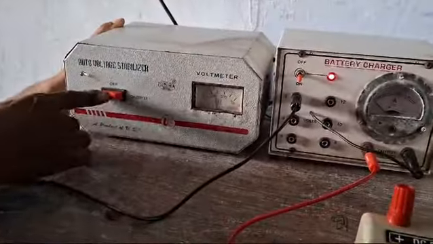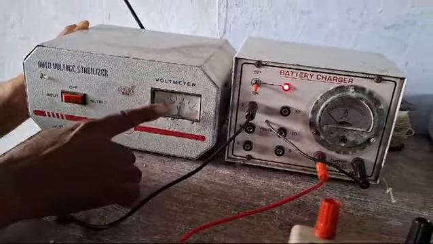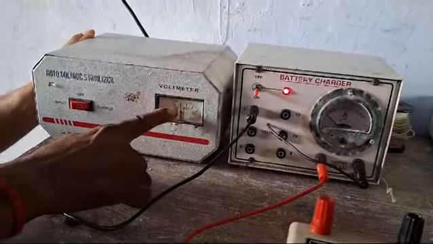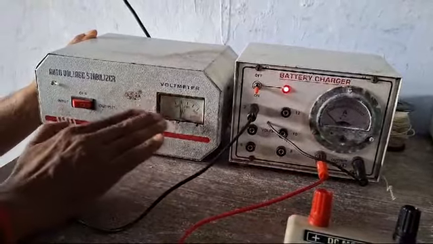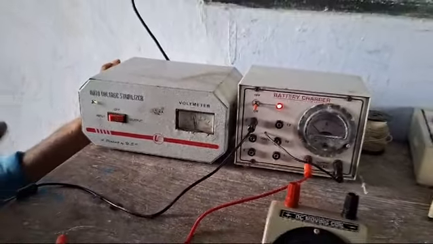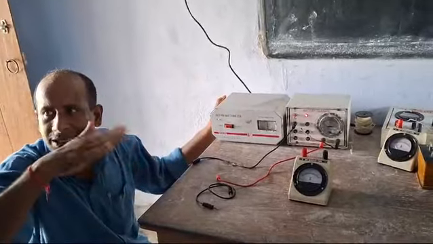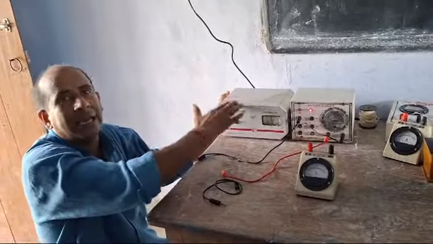Look at the input voltage. Input voltage is approximately 100 volt. Yes, sir. And output voltage is approximately 200 or 150 volt, fluctuating, since our main supply is not proper. That is why it is always fluctuating. So our supply is always fluctuating in nature, and that is why we need a stabilizer.